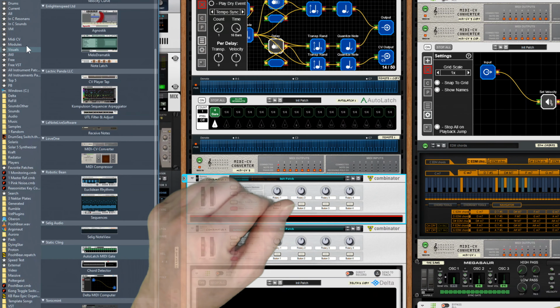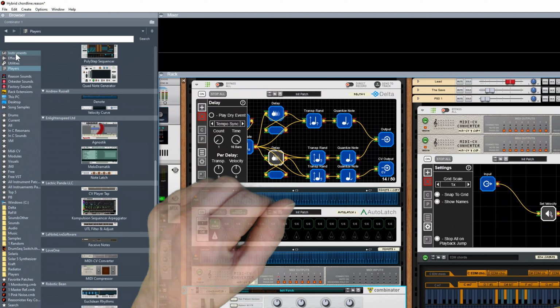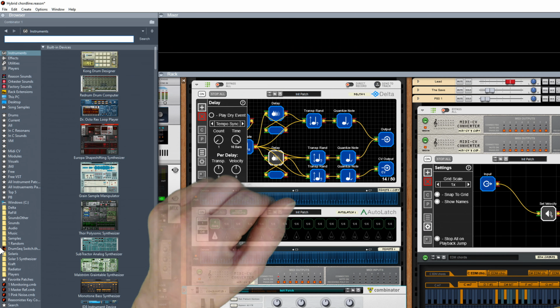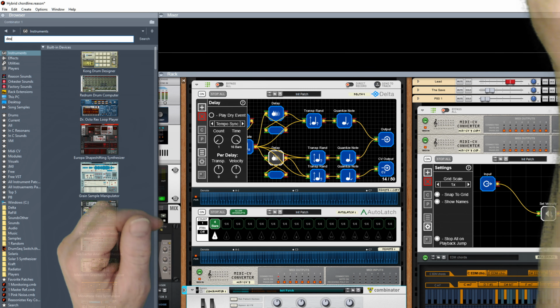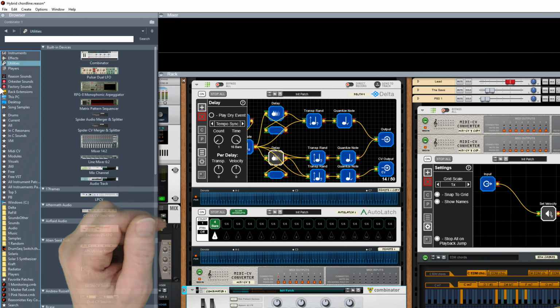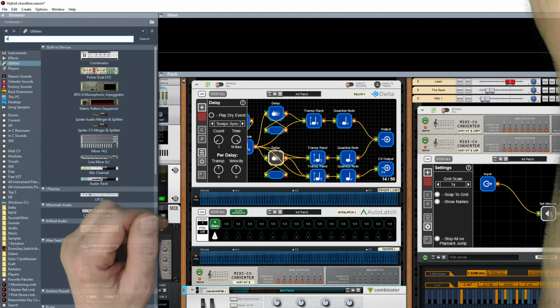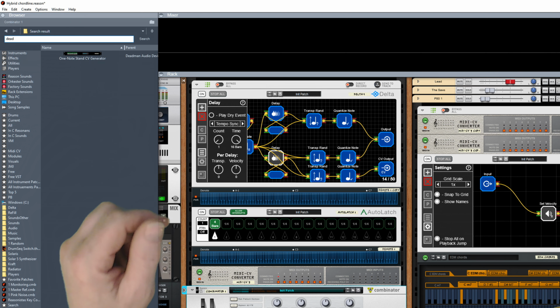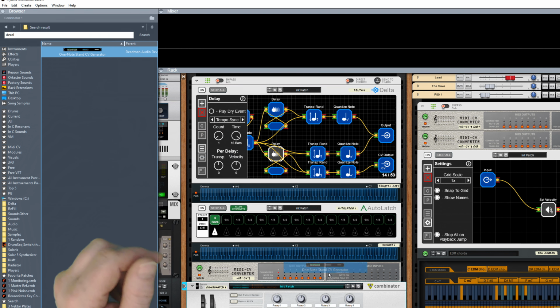In fact, I'll tell you what, why don't we just very, very quickly do this? Don't just talk about it, let's actually do it. So let's put the word, oh, it's a utility. It's a utility, isn't it? I'm sure it's a utility. Is Dead Man. There we go, One Note Stand. So if I was to put that